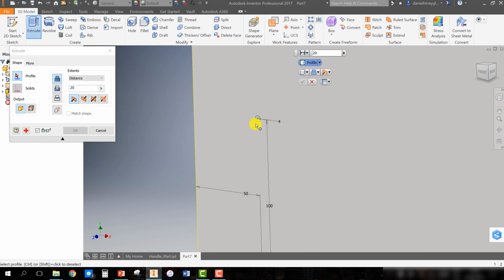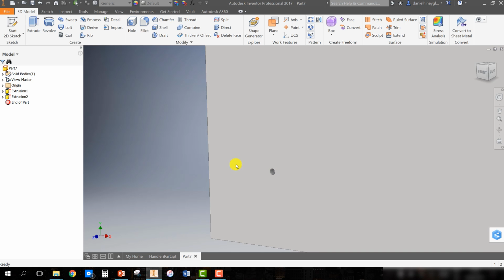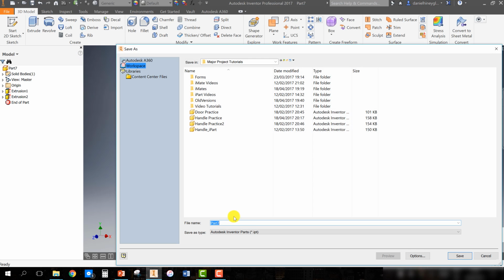Go down to your two little holes, circles, and click the two of them, and then we're going to go that way, and we want the distance to be 4 mil, and it's cut, and that's it. Okay, click OK there, and you have two little holes for your handle, and we can save this, and we're going to call it door